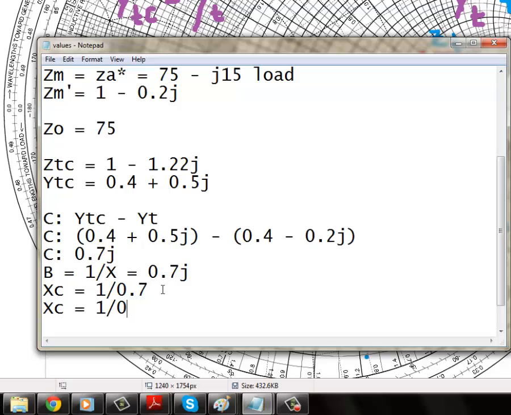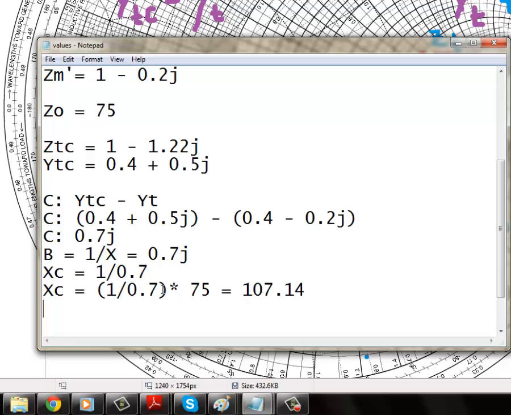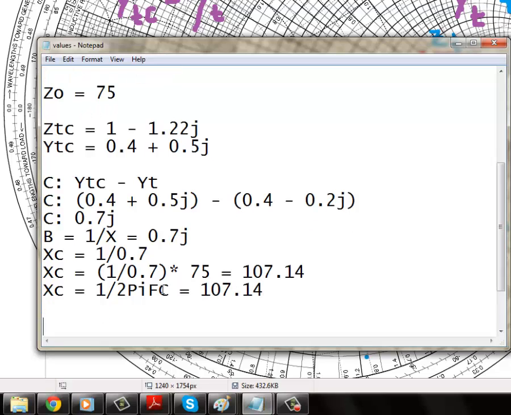So 1 divided by 0.7, this whole thing will get multiplied by 75. For the capacitor value, we know that Xc is equal to 1 over 2 pi fC. From here